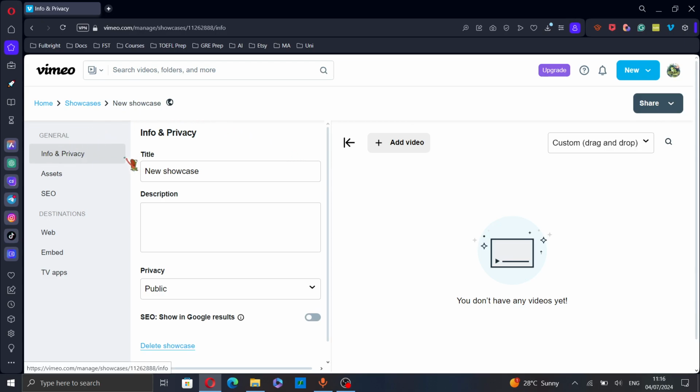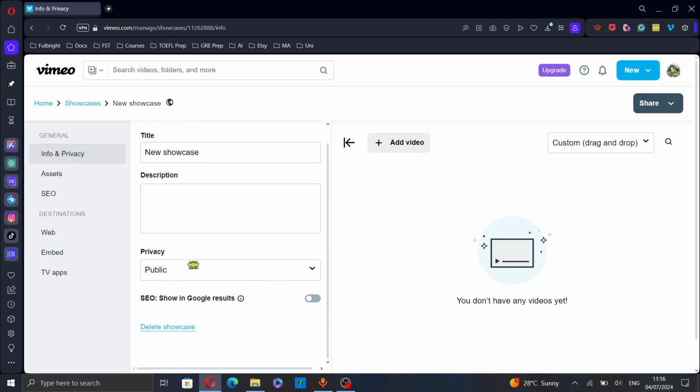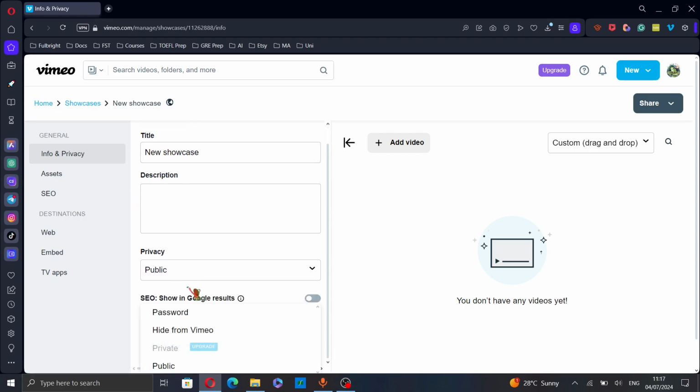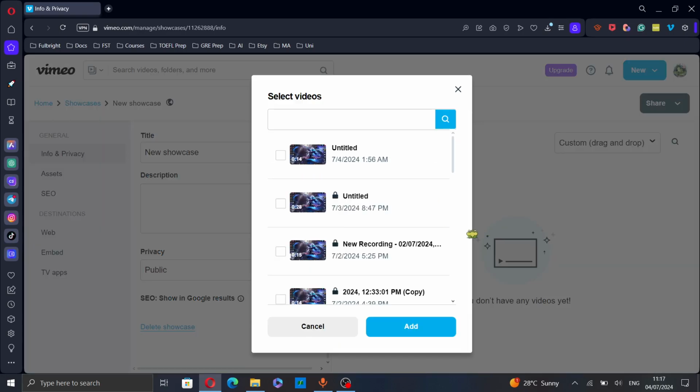And in the first section, you can fill in the details of your showcase and set the privacy settings. You can add a title, description, and set the privacy to public, hide from Vimeo, or password. You can also make it private if you are on the upgraded version of Vimeo. Let's just keep it public, and here you can enable the SEO. Then click on add video